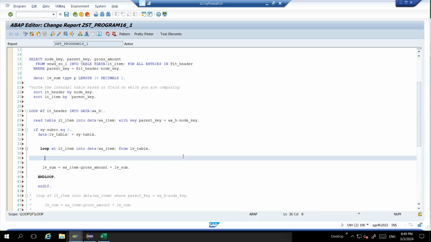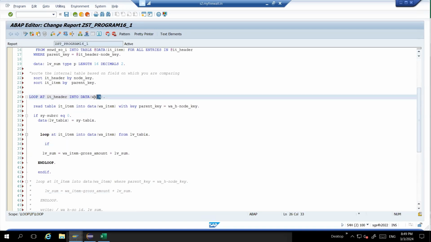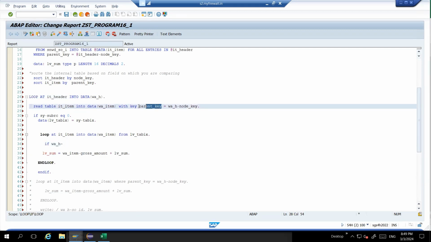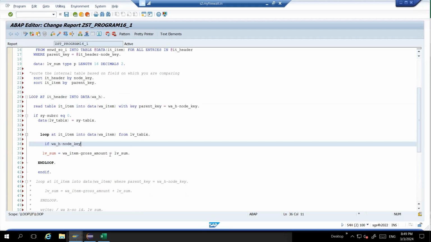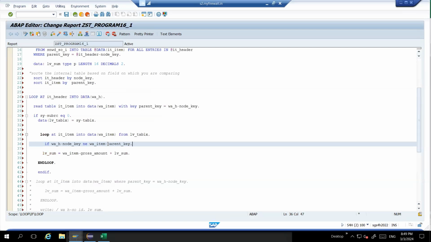Okay. Here, one more condition you have to write. What is that condition? If WA header hyphen parent key, node key, WA hyphen node key, not equal to WA item parent key, then see what actually I'm doing. I will make you explain, don't worry. Okay,